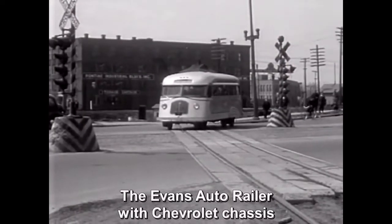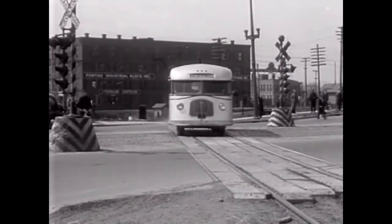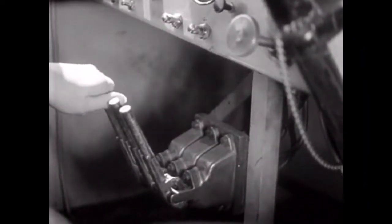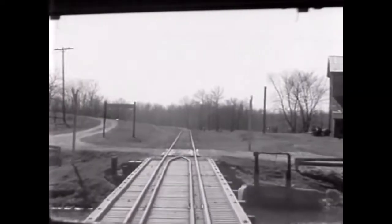Riding the rails isn't what it used to be. For a new convertible motor bus that runs just as well over railroad rails as it does over the highway has been put into service here. Leaving the city, the driver very easily flips some convenient levers. Down come a pair of small guide wheels, both in the front and at the rear. They're locked in place. A complete change from road to rail in less than 1 minute, and we're off down